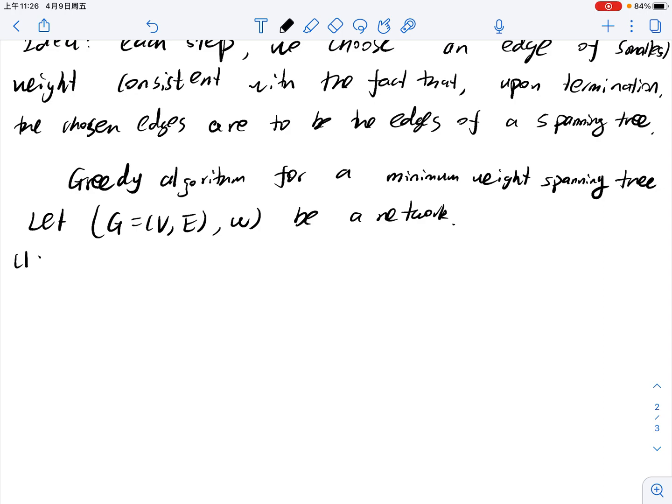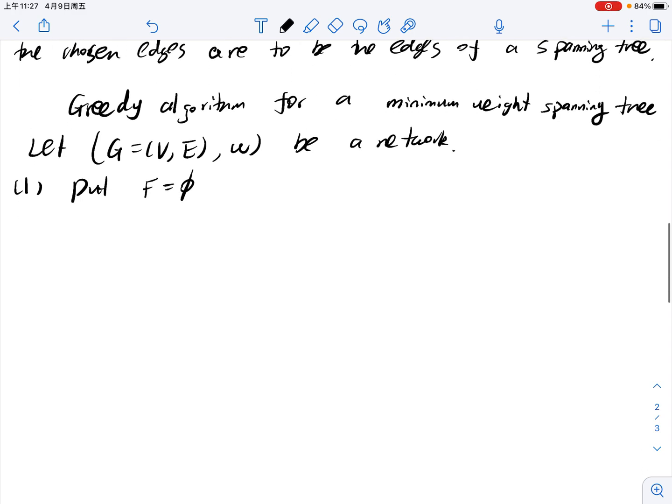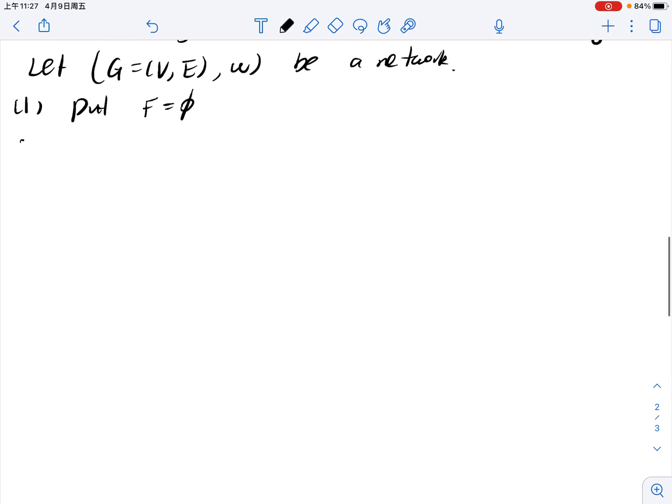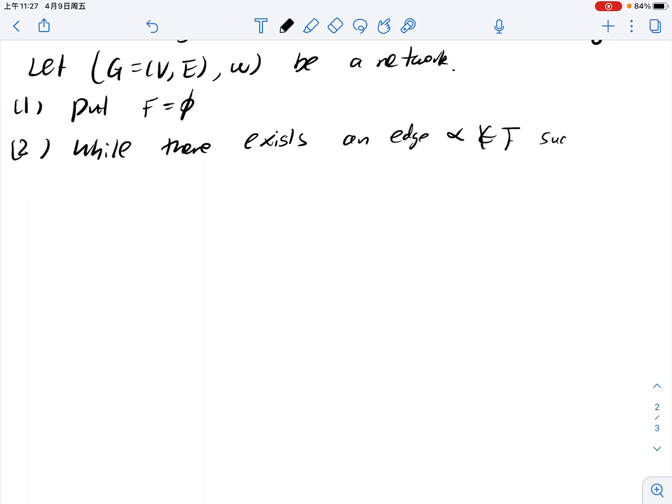Step 1, put F to be an empty set. And secondly, while there exists an edge alpha not in F such that